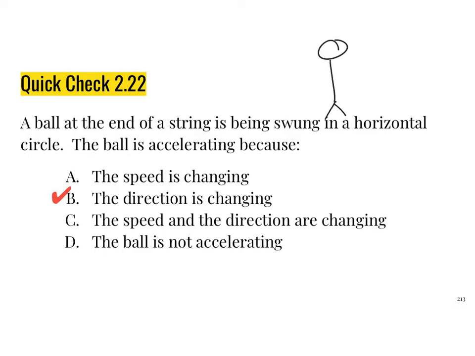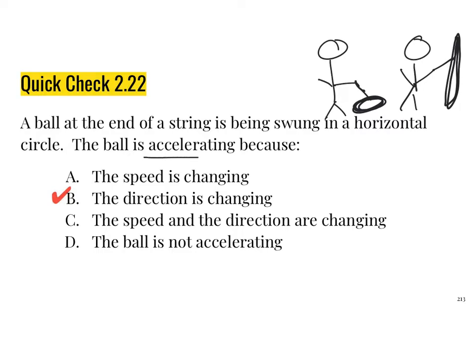It's doing this, there's my string, and there it is going in a circle, versus this, oh wow, that was great, where it's going up and down in a circle, right? Anyway, long story short, it says the ball is accelerating because, and the answer is the direction is changing. So it's being swung in a circle, speed is constant, but direction is changing, so velocity changes, and therefore we